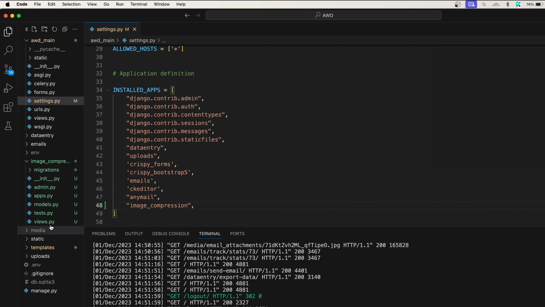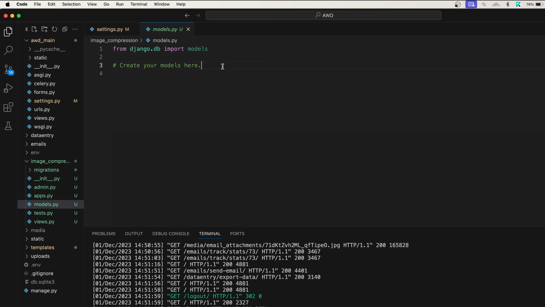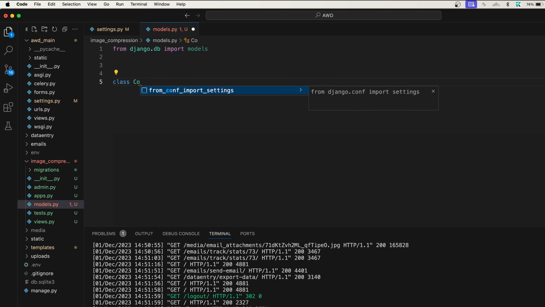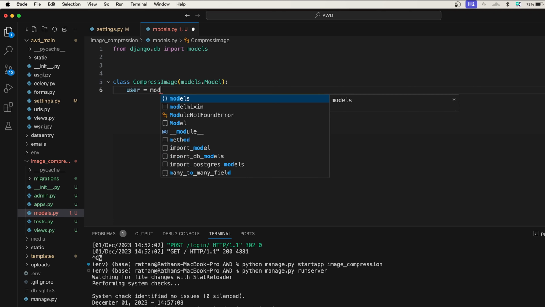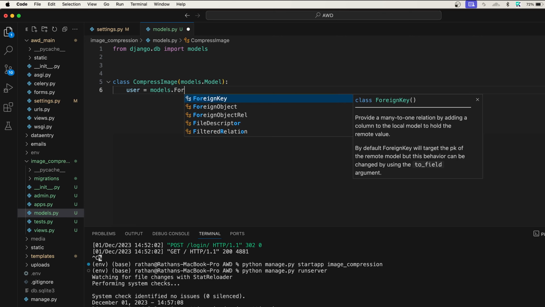To create the model, let's go to models.py and start writing the model. Let's say class CompressImage, it will inherit models.Model, and I'll take the user. This user is to determine who has compressed the image. So this will be models.ForeignKey, user,